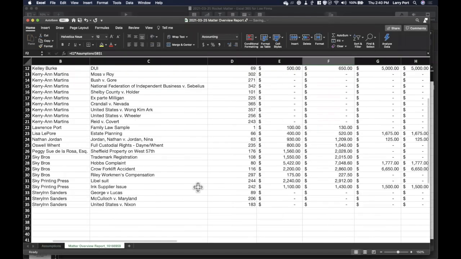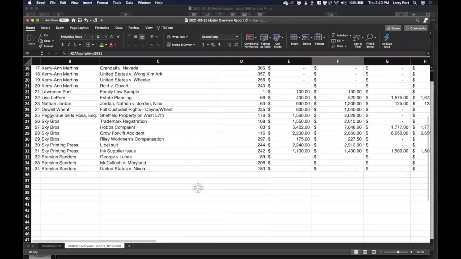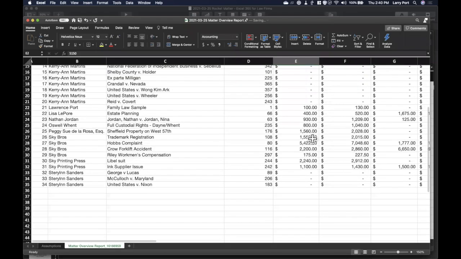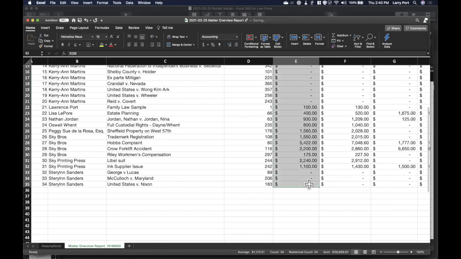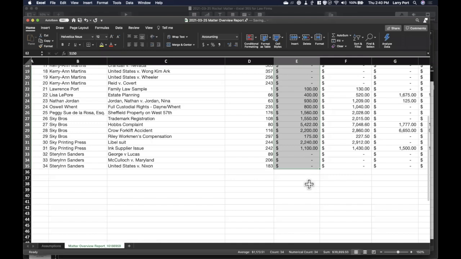All right, so let's go back to our trusty report here. If I click here and I go down to the bottom row, I have a range now of E2 through E35. Now this is really valuable because when I do my most basic functions, I need a range, right? So we're going to do a sum function first, and we're going to use a range. So let's try that.